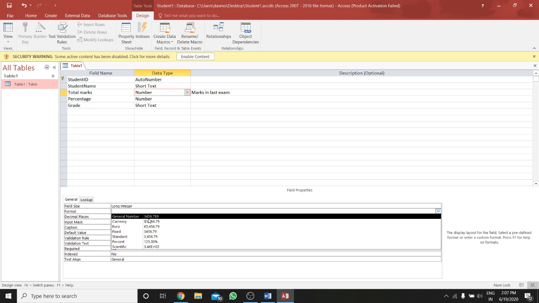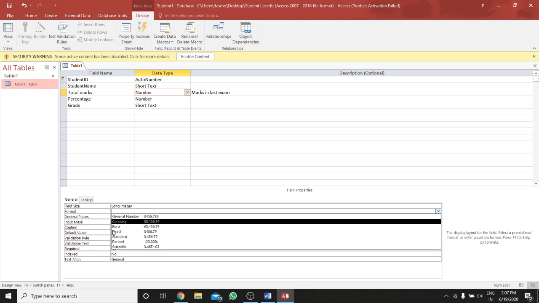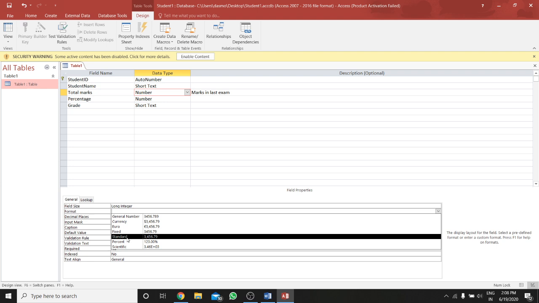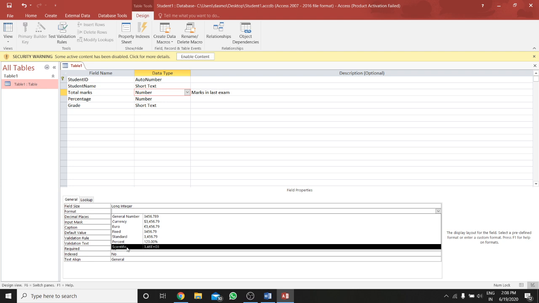You can see the format, number and result. So this is currency. For general number, what is the result; for currency, what is the range; for fixed number. Euro is also an added feature, but it is not there in 2010. Then we have standard, then percent and scientific.